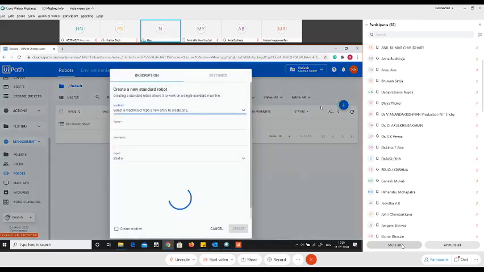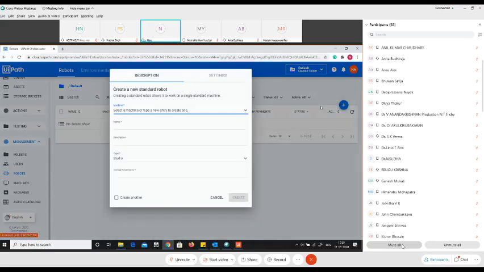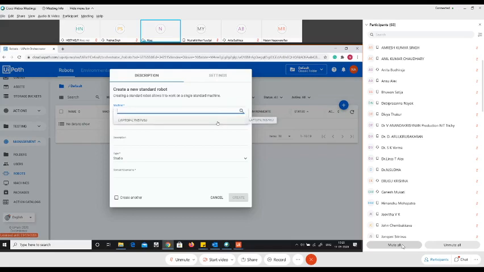Now click on the standard robot. Now, if you see here, when I click on the standard robot, the first option that it is telling me is choose a machine. Since we are creating a standard robot, it is a bit obvious that you need to select a machine, and that too of the type standard machine. So if I click on the drop down box, you can see the machine name is easily available to me. This was the machine name that we created earlier. So if you do not create a standard machine, you cannot create a standard robot. The rule is as simple as that.